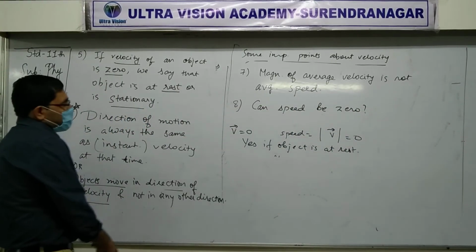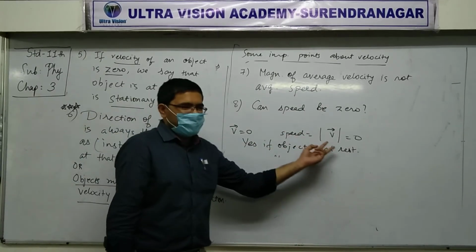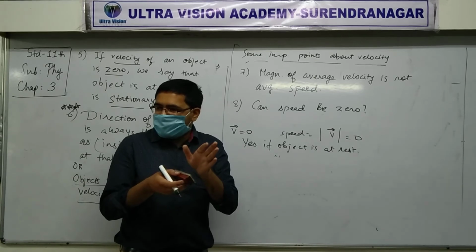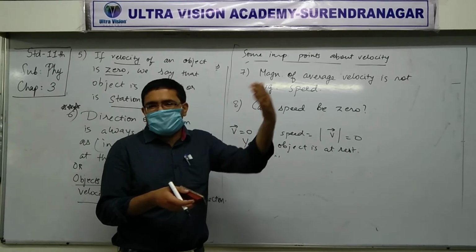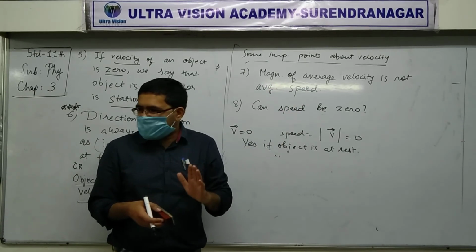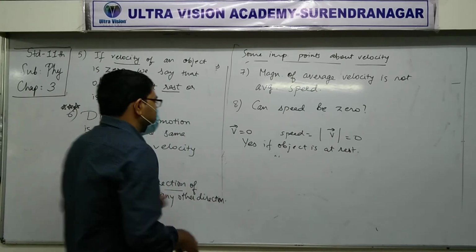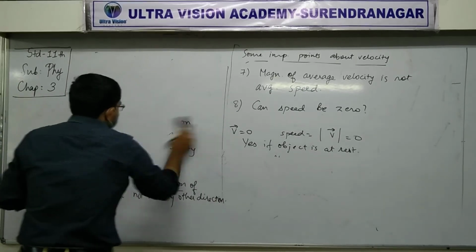Speed is a scalar or a vector? Scalar. Why? Because it's a magnitude. Think about it. How did we divide velocity? One part magnitude, another part direction. So obviously speed does not have a direction. Velocity has a direction. Is that clear? Okay. Speed does not have direction. Okay, fine. Now, very quick,